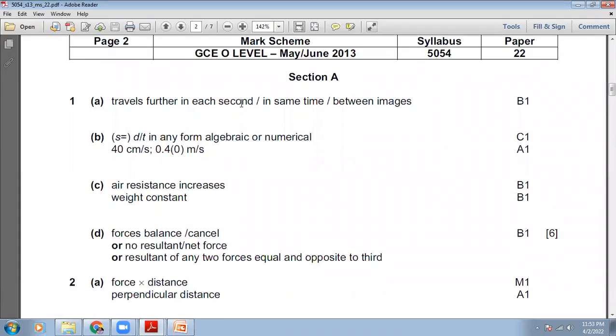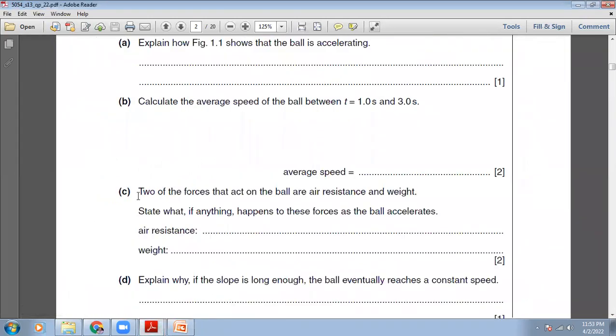40 centimeter per second. So let's have a look. Distance traveled divided by time, d by t, is the formula, and 40 centimeter per second is the answer. Okay, so our answers are right. Then